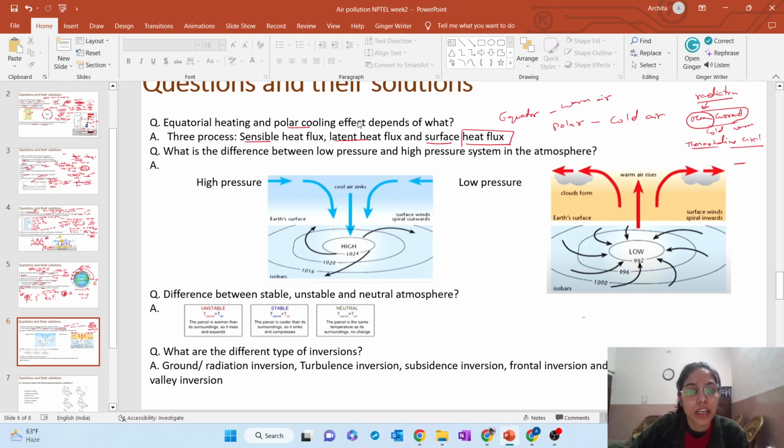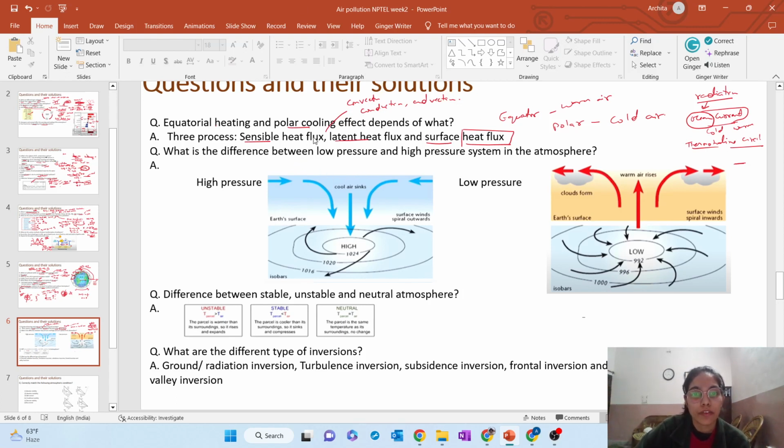And sensible heat flux is in the atmosphere. These cells, the polar, Hadley, and Ferrel cells, actually work on the sensible heat flux, when the heat energy is transferred in the form of convection, conduction, and advection, right? So these are the three different ways the heat can be transferred from one particle to another particle, and it leads to the equatorial heating and polar cooling. Okay,